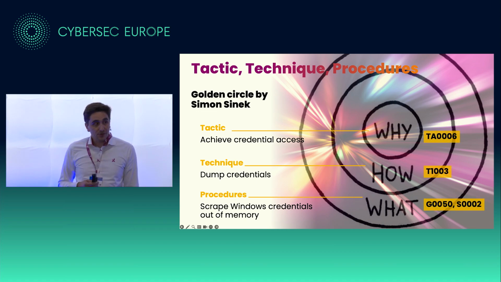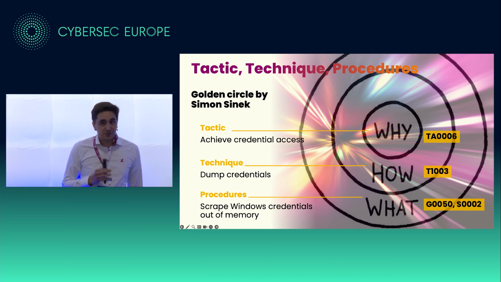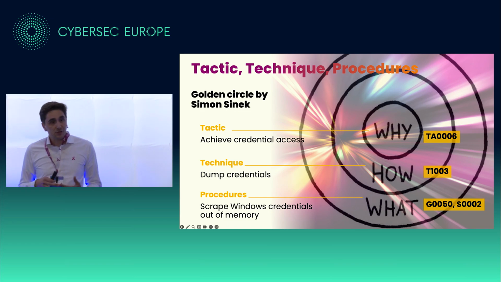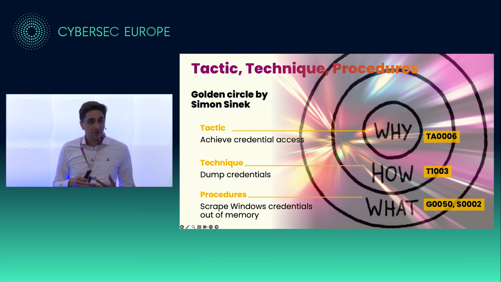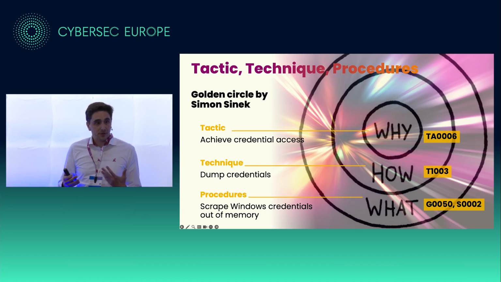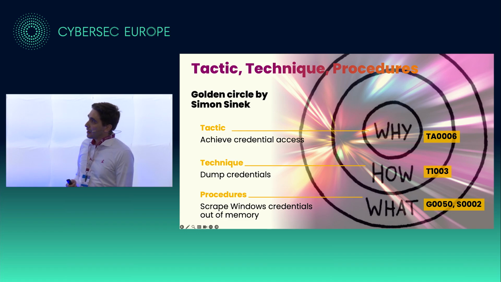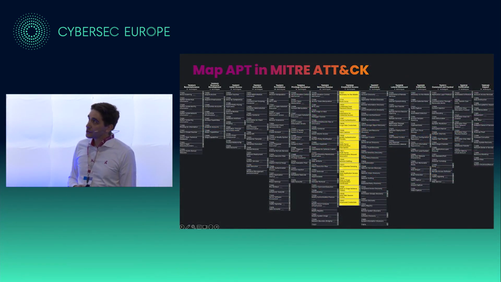Now the framework is also available in STIX format, which is a digital format. If you like automation and want to process this framework automatically, you can do it. And that's why it has all these numbers, also to trace the different TTPs, so that you can track them and you're talking about the same thing. So let's walk through them on the framework itself.